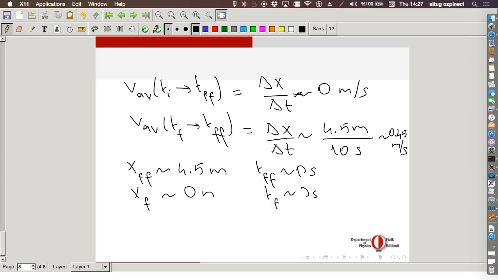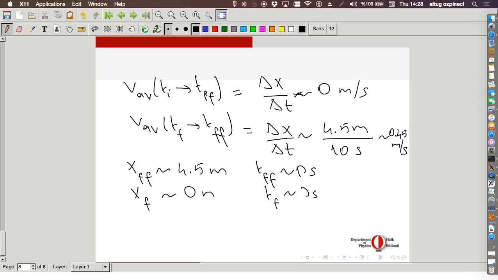Now, in a given problem, you fix your reference points once. At the beginning, you determine which reference point you will use, what will be your positive or negative direction, what will be your t equal to 0 time, and once you fix them, you don't change them during the question. They are fixed, because eventually you will be interpreting your results based on those initial choices. Without knowing what your initial choices are, the final results will not have any meaning. So you have to know what your initial choices are, and you have to keep them fixed.